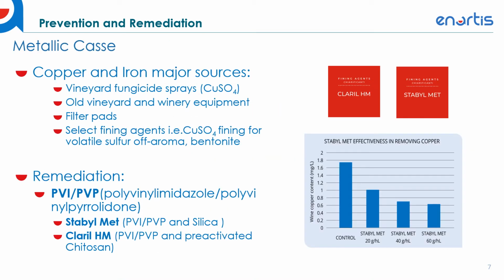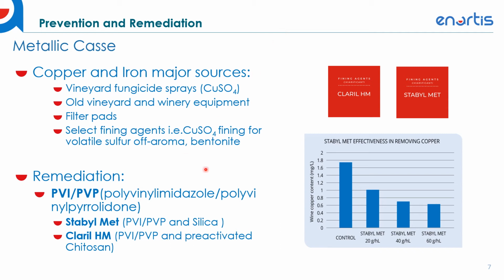Now, when it comes to metallic hazes with copper and iron, the major sources that we're going to see increases in copper and iron levels are vineyard fungicide sprays, old winery equipment, some filter pad media, and select fining agents such as copper sulfate and some bentonites as well. Remediation for copper and iron is really best done with PVI/PVP. In the past, many people would use potassium ferrocyanide. It's called blue fining, and there is some bioabsorption that you can apply with yeast, but really the best tool